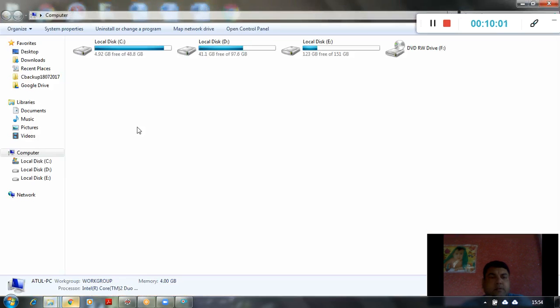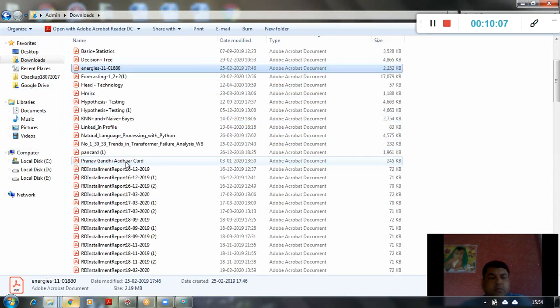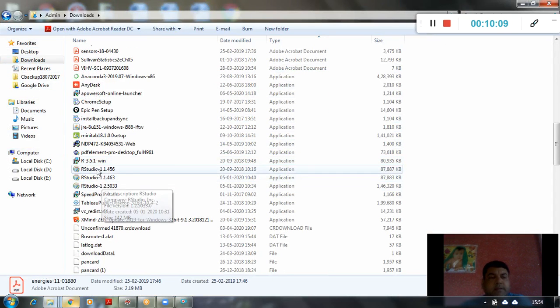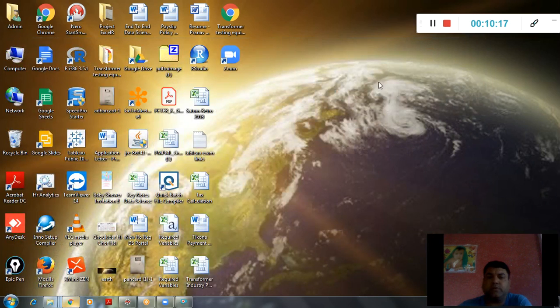we will get this sort of file, because my folder for download is Downloads only, so we will get something like this, RStudio and the version number. Simply double click on this and follow the instructions, that is the wizard, right? Now once your RStudio download is complete, you will have something like this.